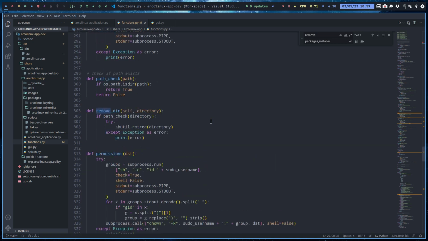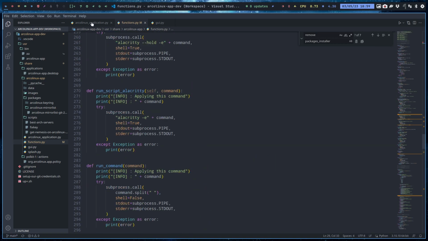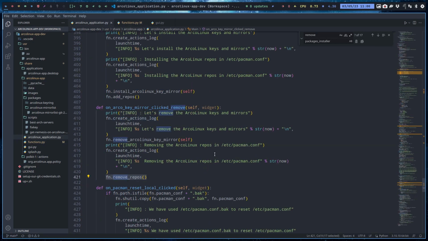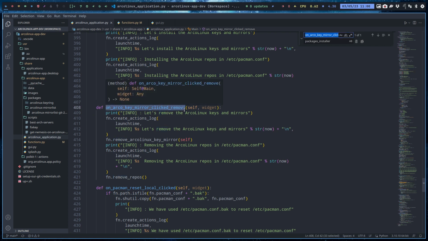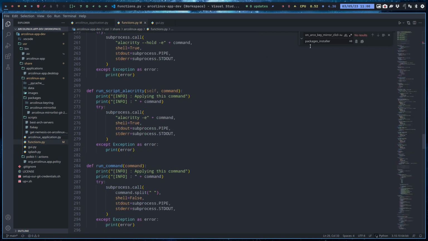Guess what? Guess what? On Arco key mirror, click remove, Control find, and then we remove the ArcoLinux key mirror, Control C, we go here, Control V,